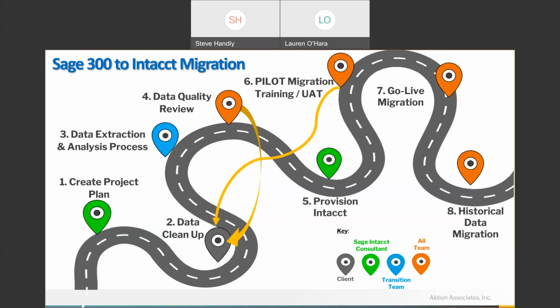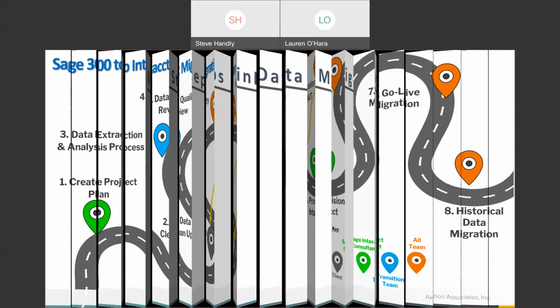We provision a blank Intacct instance for you with no data, and we do a pilot migration. So we bring the data over and do some validations there. We can do training using that, because that way we're doing education using your data. And sometimes, God forbid, we find more errors and we have to go back to data cleanup again. So that's kind of the whole process. And we will go through